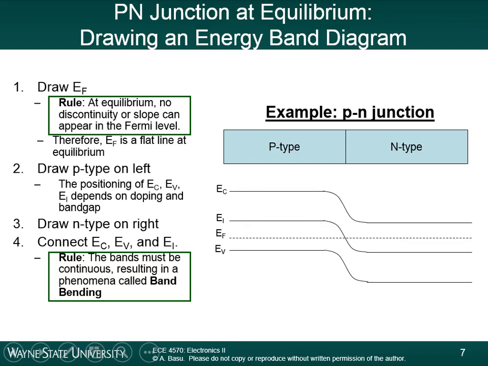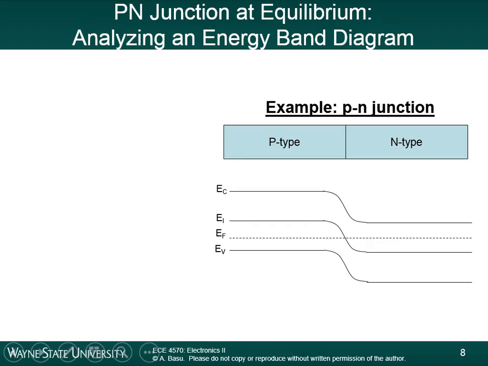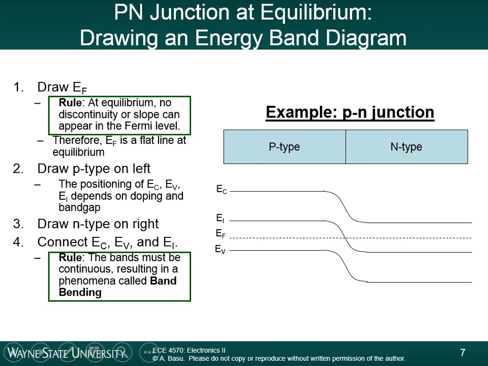Okay, so for an electron, electrons would prefer to go to lower energy states. So an electron that's up here would find an energy state here, would find another energy state here, and so on. And in doing so, the electrons would actually move down the slope like this. The movement of the electron down the slope is referred to as drift current. Similarly, if you have an electron here, the electron sees lower energy states. The electron will occupy lower energy states like this,